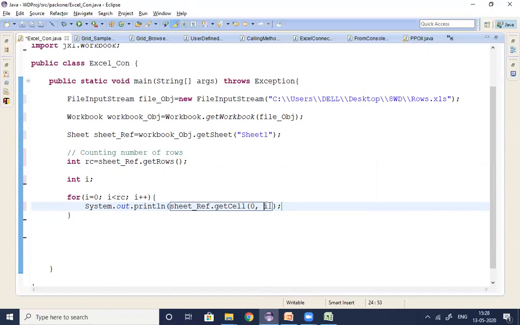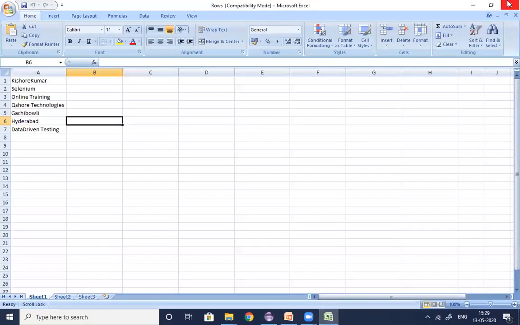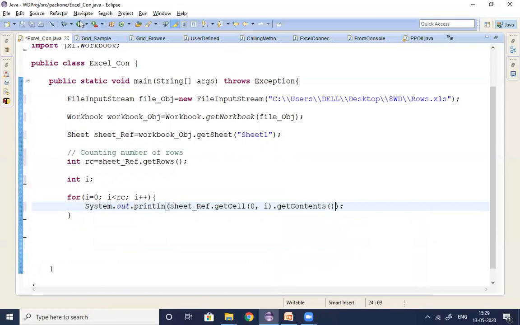Okay, so what next? Once we identify the cell, dot get contents. That's all. This is how we are reading the data from multiple rows in an Excel. Let's run this code, guys. Before running this code, let me save this Excel file and run this code. When you run this,